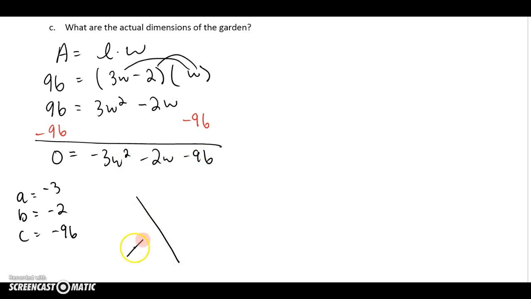Go ahead and do the diamond now. So A times C, holy smokes, what is that? Let's see, 96 times 3 is 288. A negative times a negative is a positive, 288. That's going to be a lot of fun. And then B is negative 2. All right, so we are looking for,